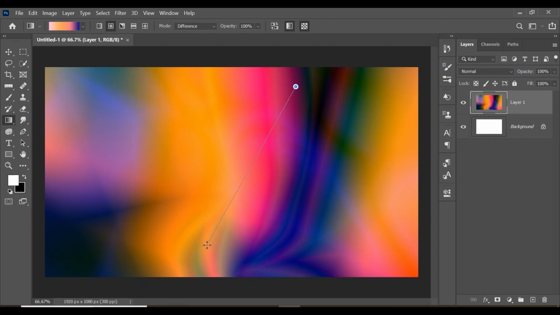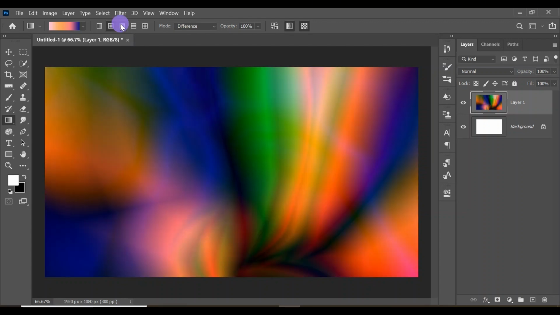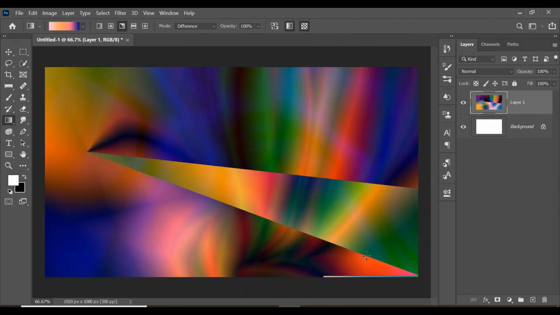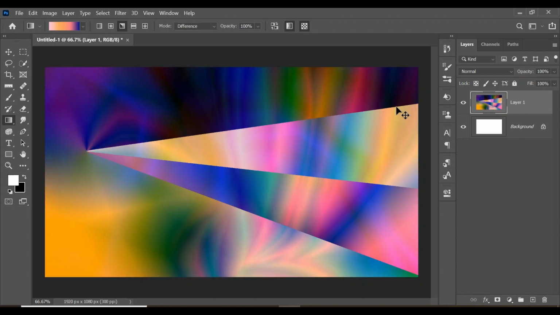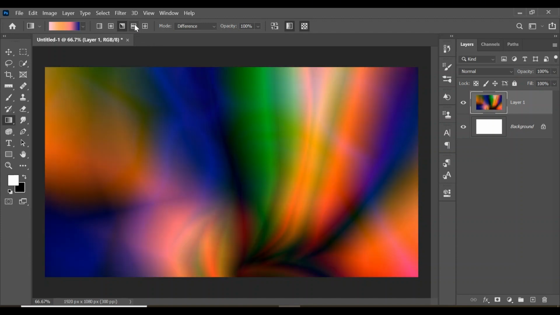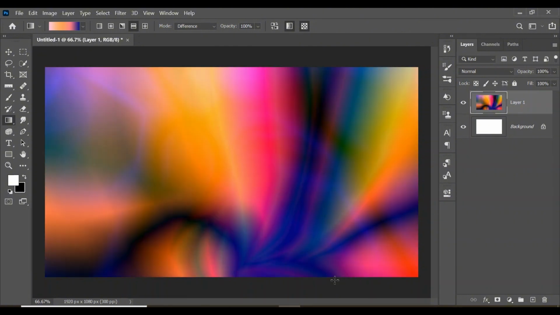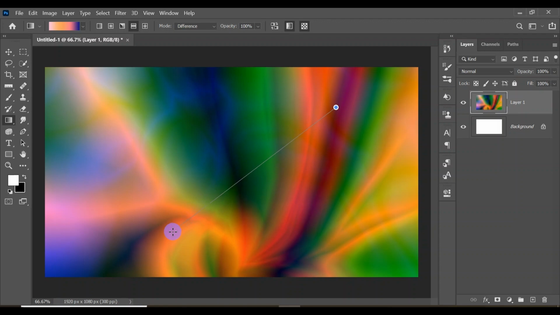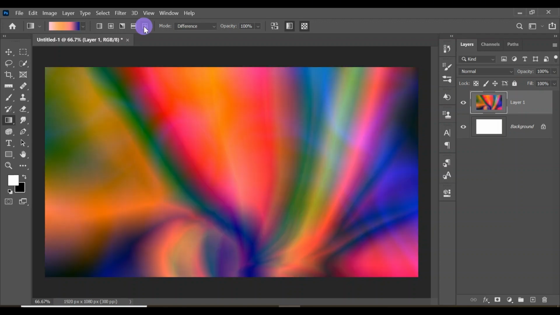You can also change it from radial to the angle type, and this one kind of gives you some sort of lines, so you can also use that for a different design for your gradient. You can as well use the reflected type and it also gives you a different design. All of them give you different designs. And finally, you can use the diamond type to create